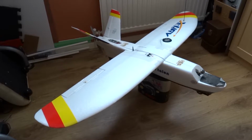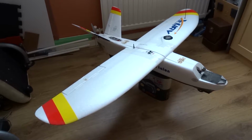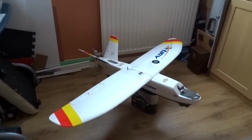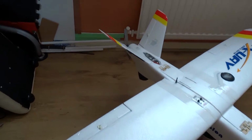The weatherman is saying that the weather's going to be kind to us, so we'll see. Maybe we can get to the field tomorrow and give it a try. Just wanted to give you a brief overview of what's been going on here. I mean, basically from